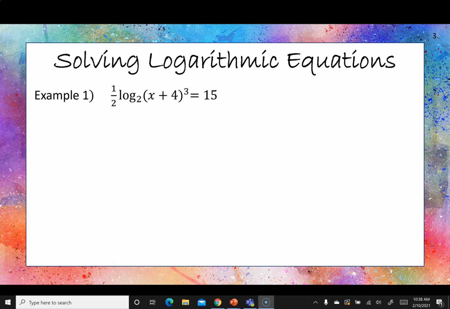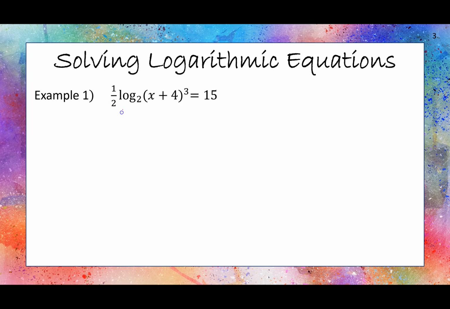What we need to do right now is basically get our equation in terms of just plain old log base 2. So there's a couple things we have to deal with. We have to deal with the 1/2 and we have to deal with the 3. And so what we're going to do first is deal with the 1/2, and we have to multiply by 2 over 1 on both sides to get rid of that. So obviously the 2 and the 2 cancel, the 1 and the 1 cancel, and I'm left with a log base 2 of x plus 4 quantity cubed. And 15 times 2, that's going to give us a